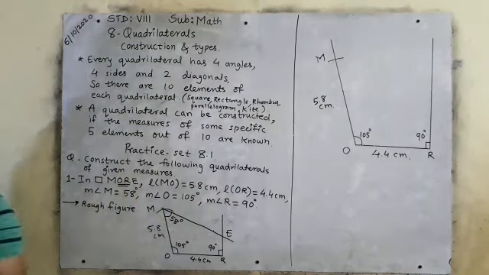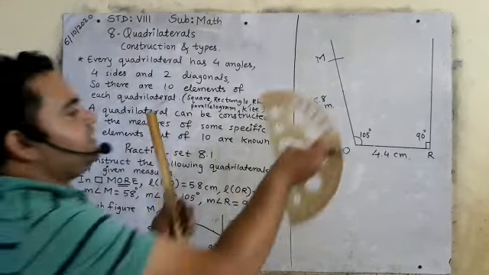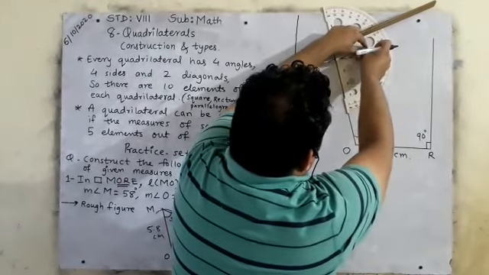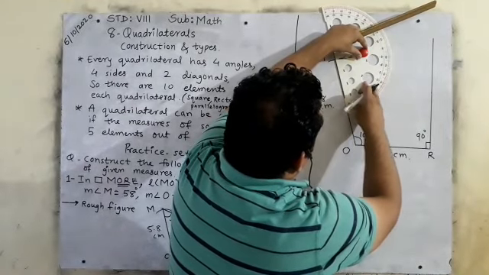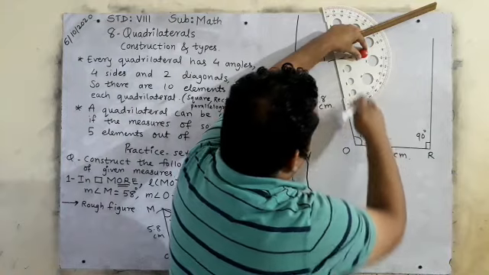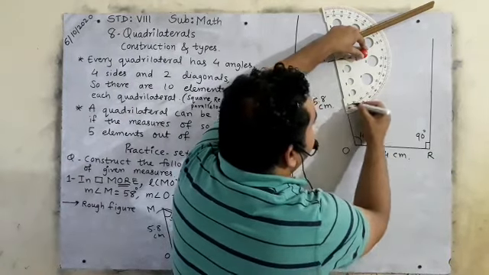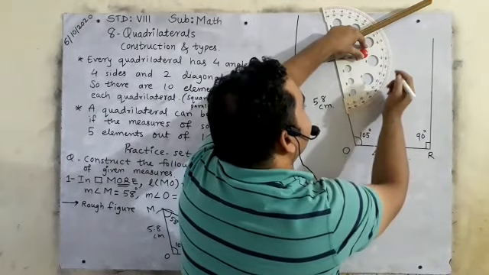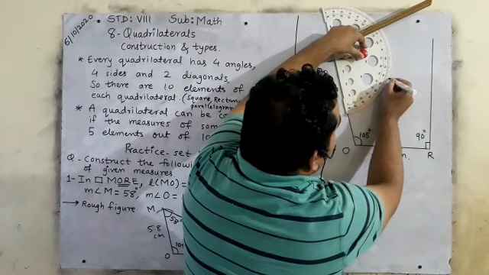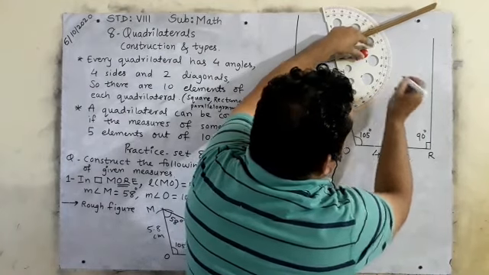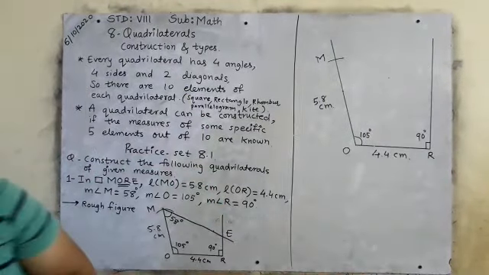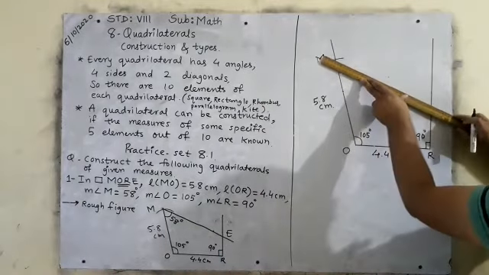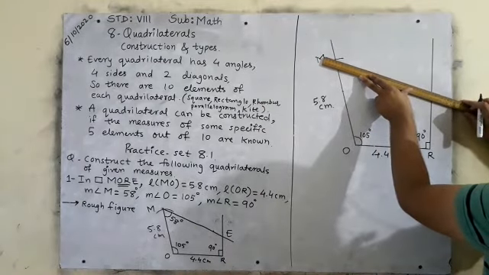Is it clear? Now, major angle M is given, that is 58 degree. So you will keep this compass over here. Okay, straight. See, the line should be very straight. Then count interior: 10, 20, 30, 40, 50, and 8. That is 58. Okay, then we will join it. See, this point and this point you will join.